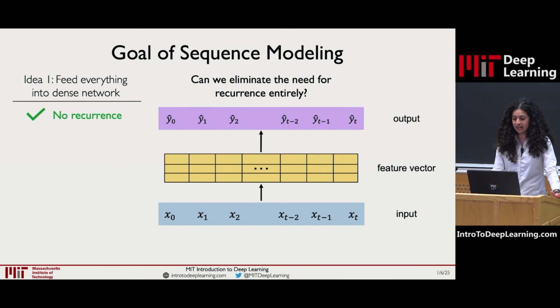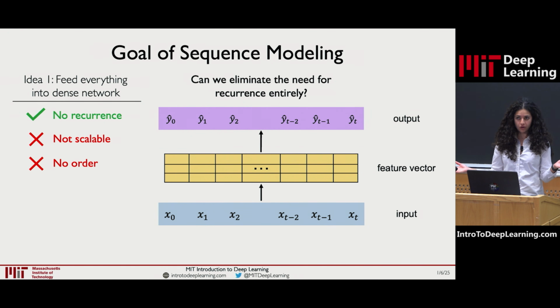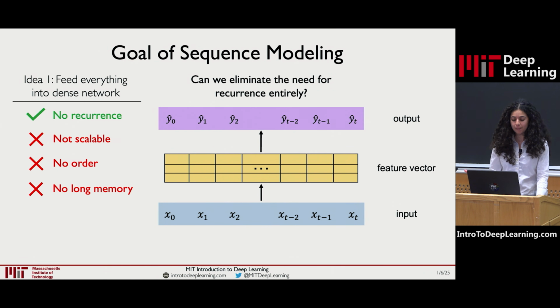If we do this in this naive first approach, yes, we've eliminated the need for recurrence, so we don't have to process our data step by step. That's good. But this doesn't seem really scalable. Let's say we're just trying to use a dense network. That's not going to be very efficient. Also, we've destroyed all information about order. We've squashed the inputs into a concatenated vector. And by doing so, we've destroyed any hope to remember things that appeared earlier or later and relate them to